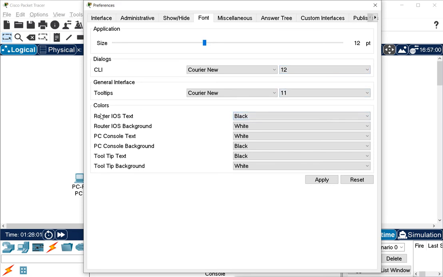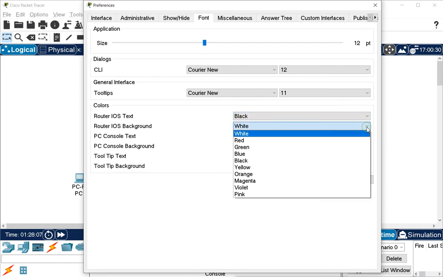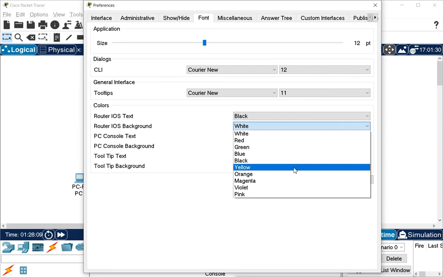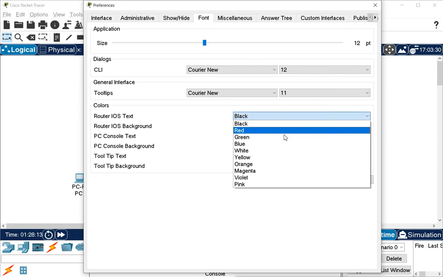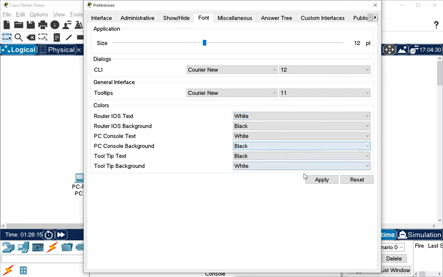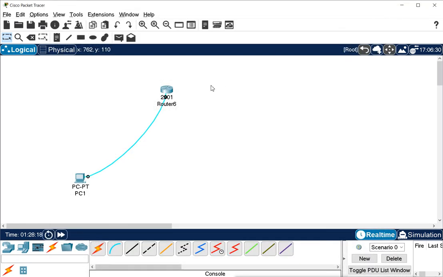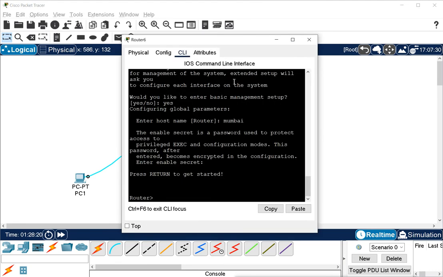The router IOS text is black and the background is white, so I will change the background to black and the text to white, so we can see the text easily.